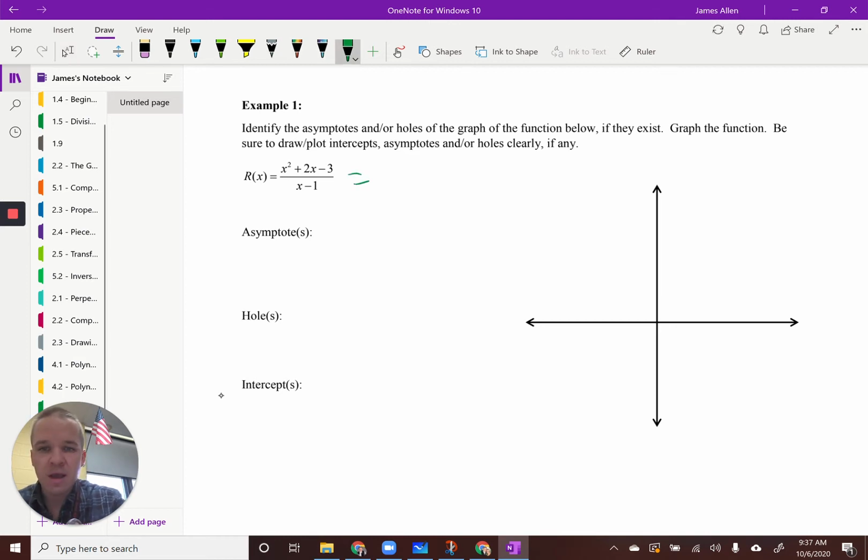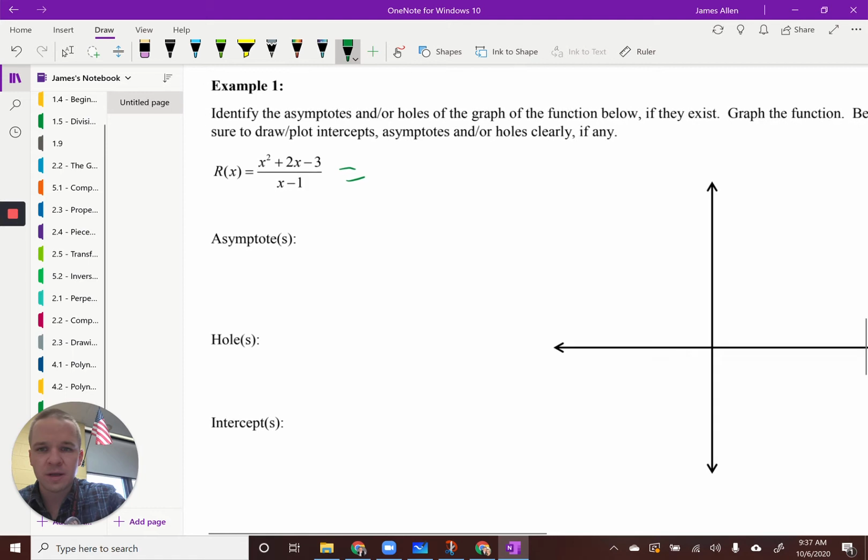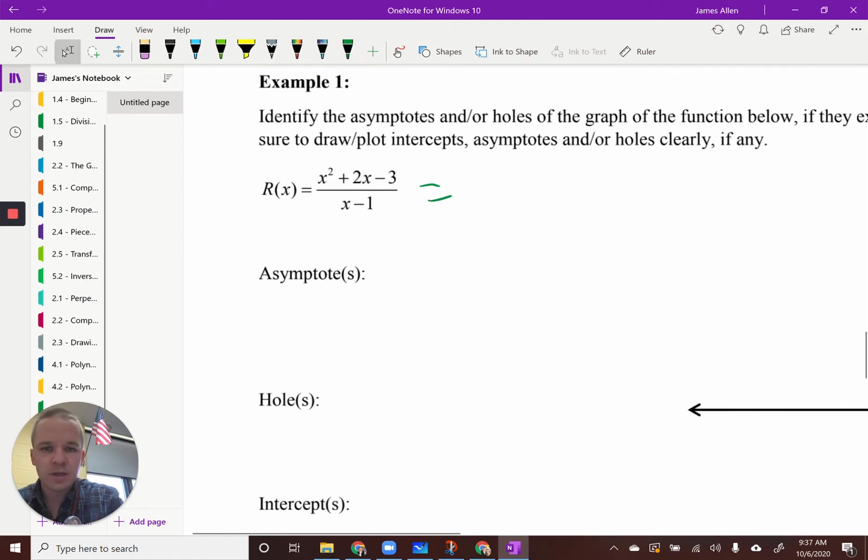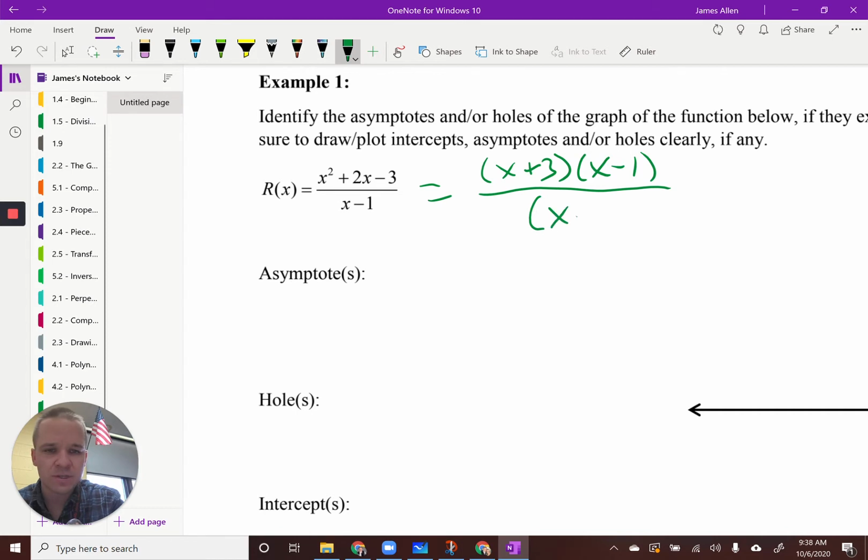So I'll zoom in a little bit here. So I've got what multiplies to negative 3 and adds to 2. That'd be positive 3 and -1. So I currently have this large over small situation going on here with my degrees, right? So I'm always thinking about everything. So I'm thinking like, ooh, this might be an oblique asymptote here. I don't know. Well, once I factor this and now I simplify, well, first off, I'm going to jot down